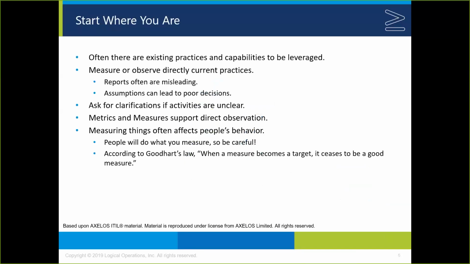All right, we then go through the second principle, start where you are. Honestly, you don't really have a choice. This is where you are. So you begin by looking at what you have. Measurement can affect how people do what they do, and so we introduce the idea of Goodhart's law here. When we make a measure a particular target, then people will organize around the target whether or not it actually meets the broad objective.